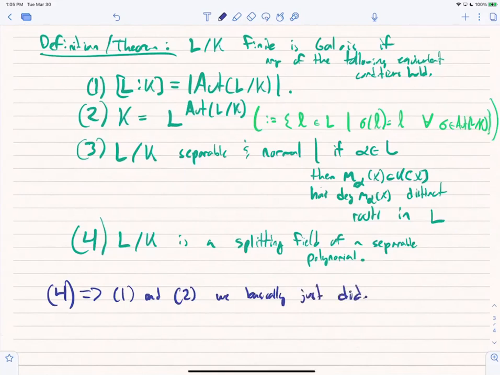You can go back to the thing we just did. I did it with an irreducible separable polynomial, but you could just take a product of distinct irreducible separable polynomials and do the same thing, and that's a separable polynomial. You build the automorphisms up one step at a time, and then we got this equality from doing that. And if you think about the choices you're making while doing that, you'll see the only way you can get